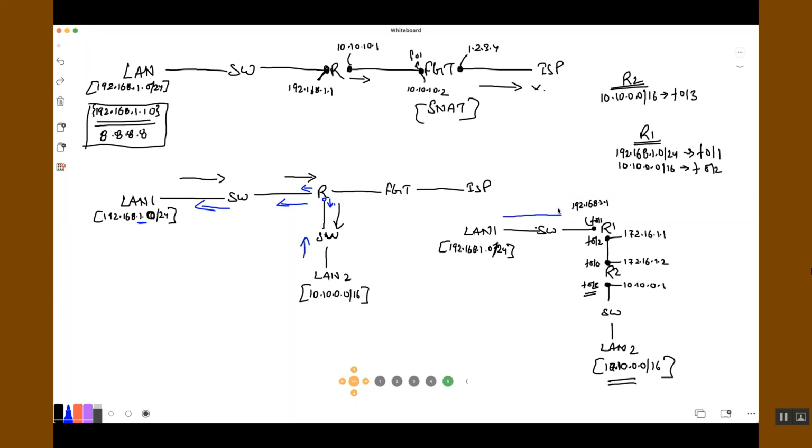LAN 1 is sending the traffic. Router 1 will ask, what is the destination? 10.10.10.1 or 10.10.10.something. Router 1 will say, yes, it is via F0/2, correct? So the packet will be sent down. Router 2 receives it. What is it doing? It will ask, what is the destination you want to reach? 10.10.0.0/16. Yes, I have a route that says F0/3. So router 2 will also send the packet down, and hence the packet will reach the desired